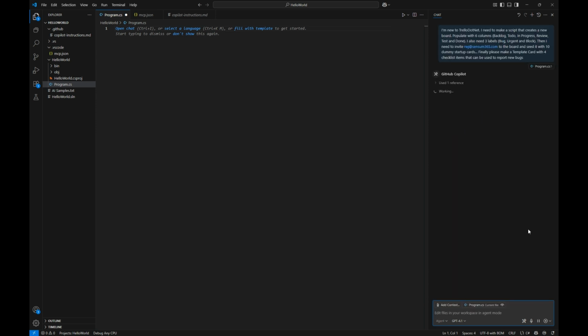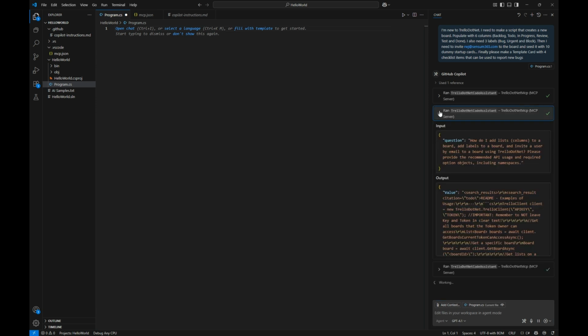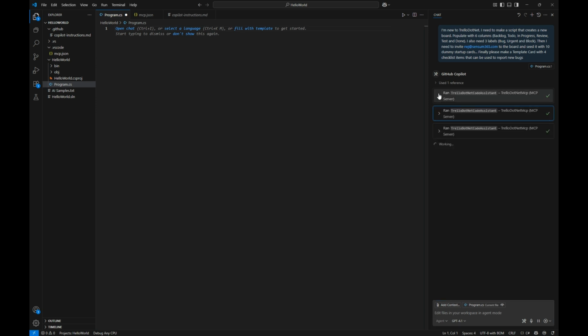Giving that to the system should hopefully take a little longer because there are multiple things here, and it will ask multiple times how do I add lists, how do I add boards, and so forth. Every time it calls, yes, it costs me a few tokens for the embedding, but beyond that, there's no cost to me after I've embedded the system, other than running the Azure function, which is also cheap.